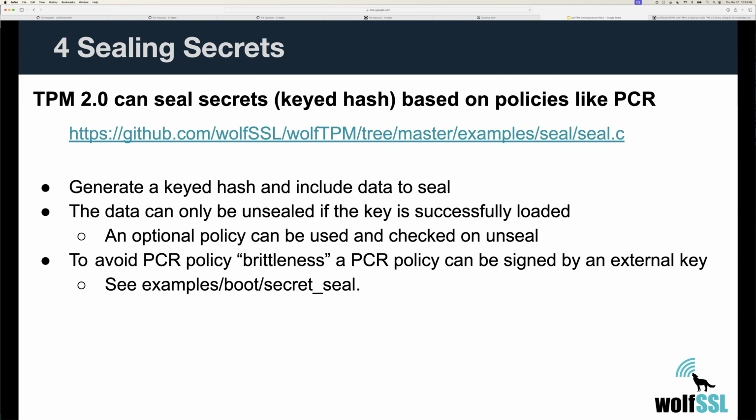So for sealing secrets, when you create a key, it has the ability to also store sealed data. And you can store up to, I think it's like 1024 bytes. It's a pretty decent amount of additional data. wolfBoot uses this secret sealing feature to store something like a disk encryption password. And we have that support in there. And usually you would